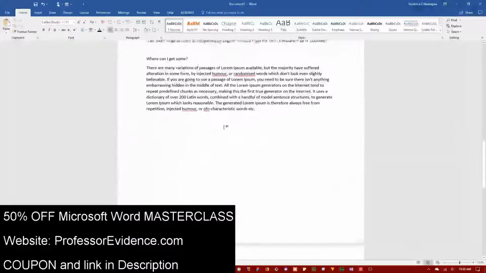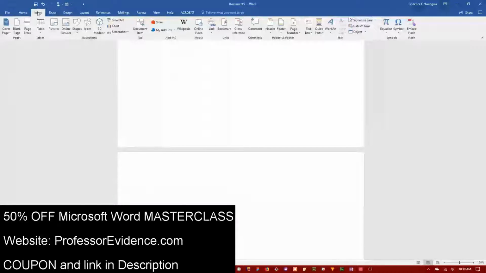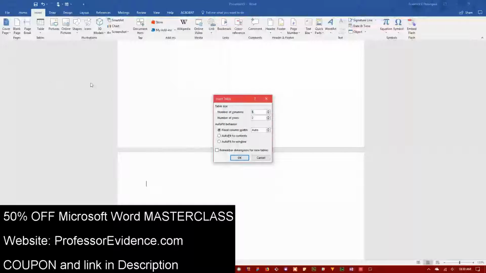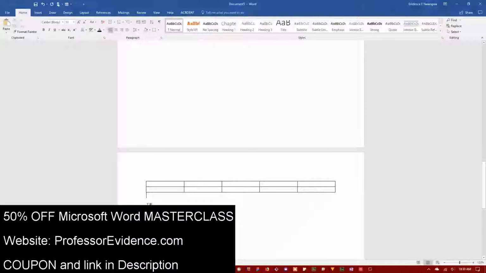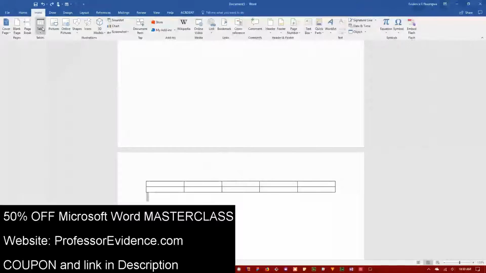Okay, so let's go back to insert. Under tables, you can also go to insert table, and from here you can pick exactly the number of columns and number of rows you want to put in. So for auto fit to content, I'm going to show you guys the difference. So this is kind of a fixed thing, right? If you go back here and go to insert table,